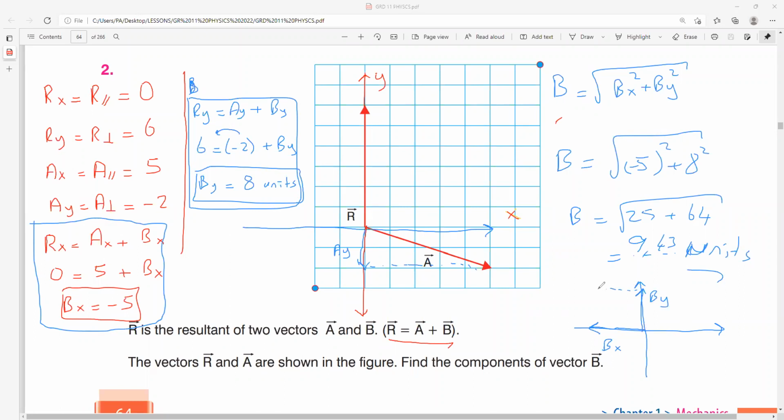Now it is easy to show our B in this direction. I hope it is clear, people. Even you can show also here, B is here. What we know, people, from tail to head is used to get the resultant force, from the tail of A